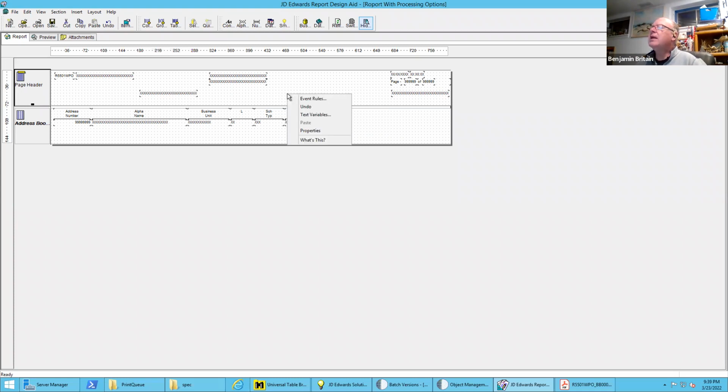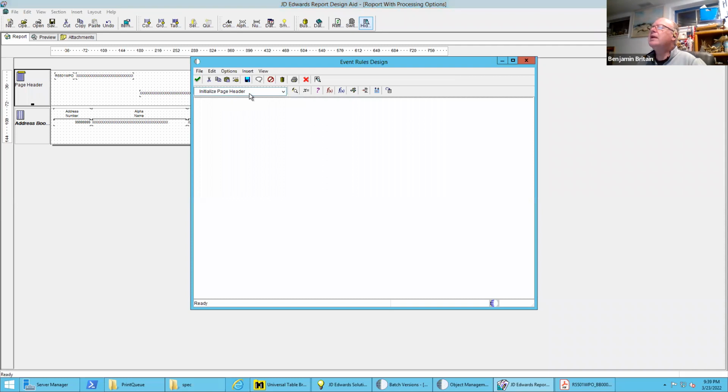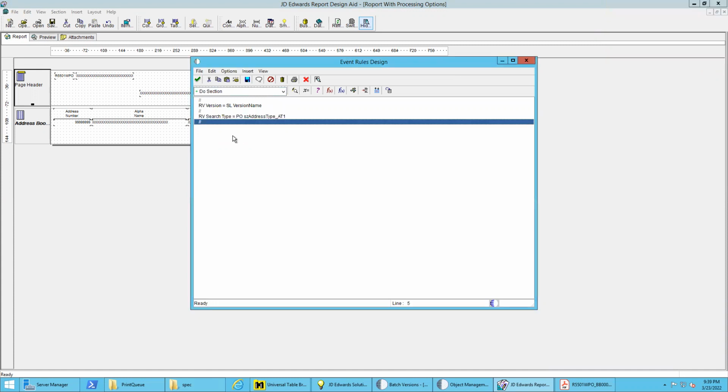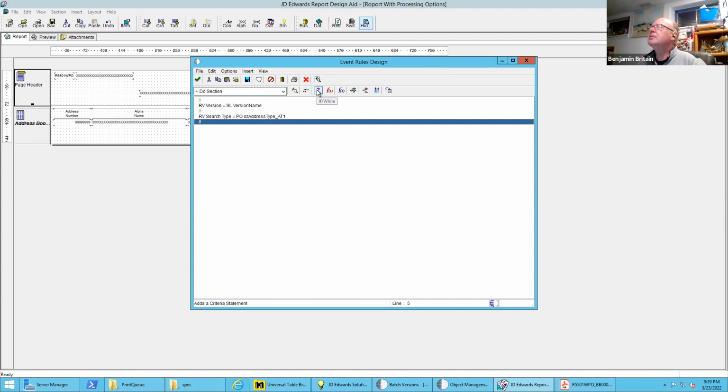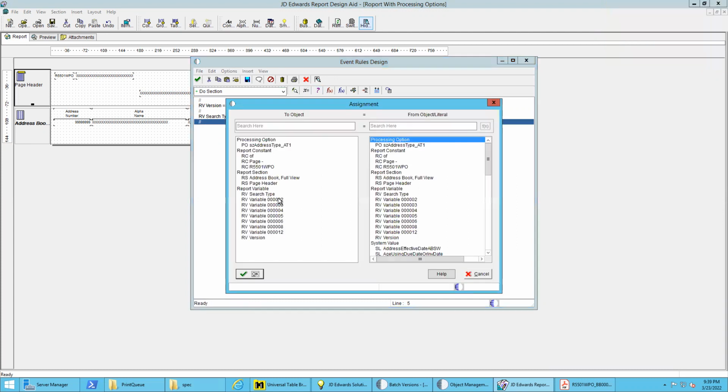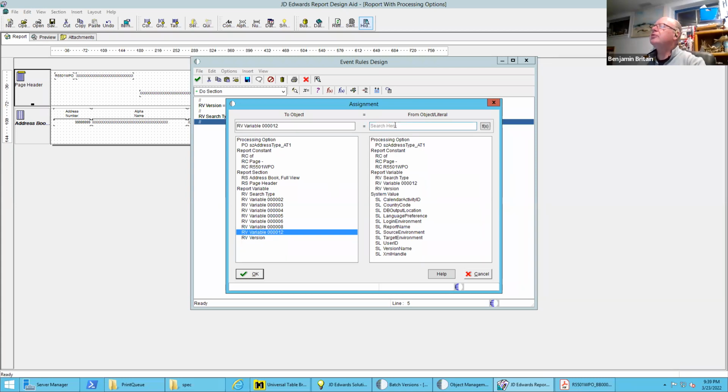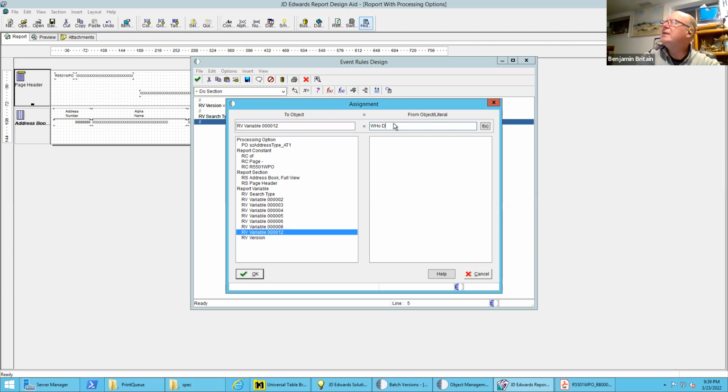And then when I highlight the section and go into event rules, what was that one again? Do you remember? What was what one? This variable that I just put in there. 12, I think you just said. Right. So I'm going to say RV 12 and say